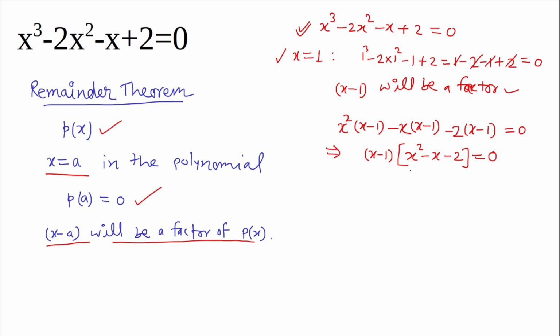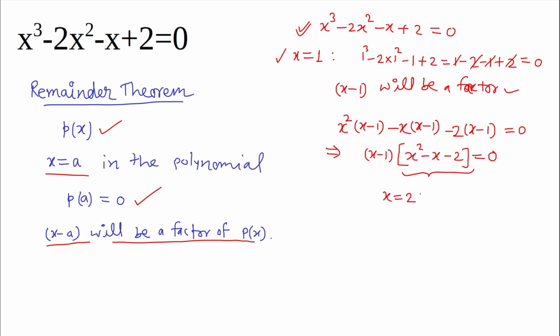So the remaining factor we are getting here is a quadratic equation. Again we can use the remainder theorem to get the factors of this equation, or you can use any basic rules which you use for factorization of a quadratic equation, but let's use the remainder theorem here only. So now we are going to find the factors of this quadratic term. Again, let's check some other value of x which can make this term 0. So let's put x is equal to 2 here.